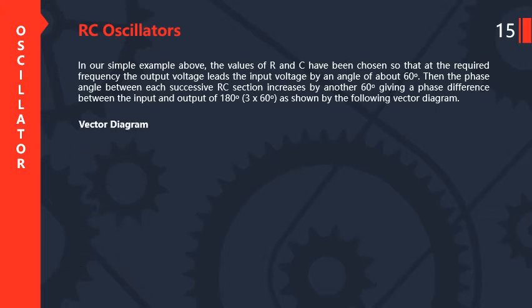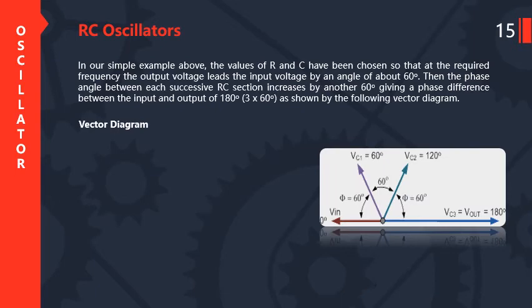चलिए हम वेक्टर डायग्राम से भी देख लेते हैं। This is the vector diagram. तो अगर पहला वाला हमारा RC नेटवर्क हमने 0 पे लिया हुआ है, इसके बाद हमने RC प्लेस किया हुआ है पहला नेटवर्क, तो हमारा 60 डिग्री जो है वो शिफ्ट होगा। ऐसे ही हम दूसरा यहाँ पे RC नेटवर्क प्लेस करेंगे तो 60 प्लस 60 120 डिग्री हो जाएगा। ऐसे ही जब हम तीसरा RC नेटवर्क कैस्केडिंग में प्लेस करेंगे तो हमारा पूरा 180 डिग्री फेज शिफ्ट जो है वो हो जाएगा। थर्ड में हमारा कितना होगा, यहाँ पे 120, और फिर 120 में हम और 60 ऐड कर देंगे तो हमारा 180 टोटल हमें फेज शिफ्ट मिल जाएगा।